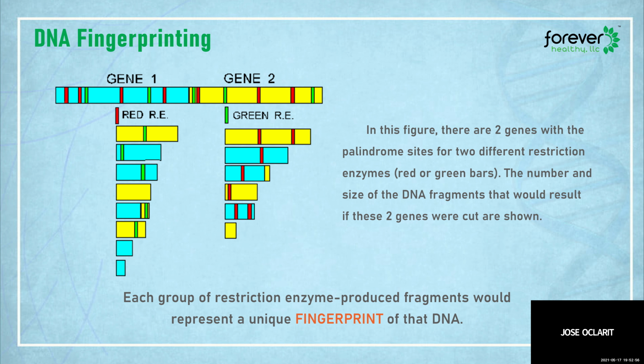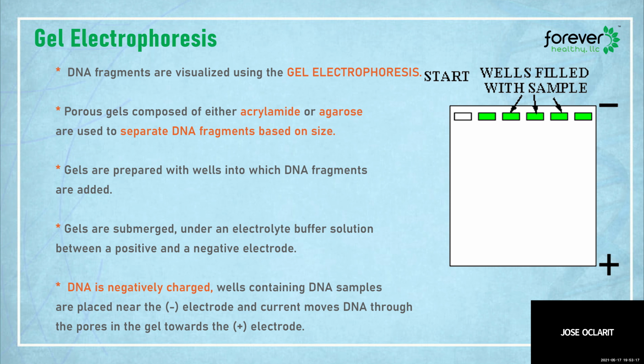And the fragments of your DNA will now be separated by the process known as electrophoresis so that you can segregate the different fragments of your DNA, and each fragment represents one band, and therefore all those bands represent what you call the DNA fingerprint. So this is gel electrophoresis, no?